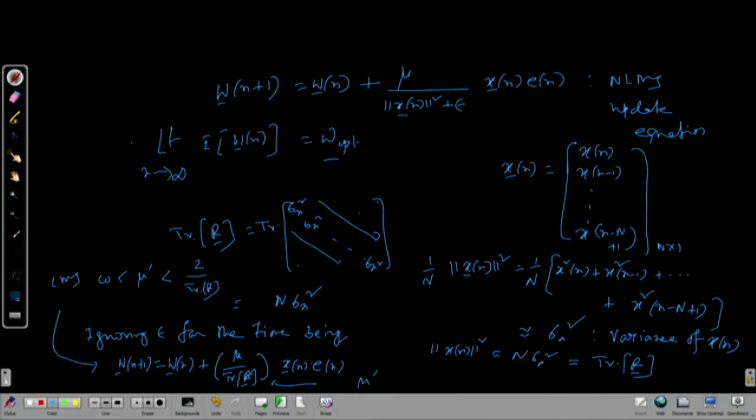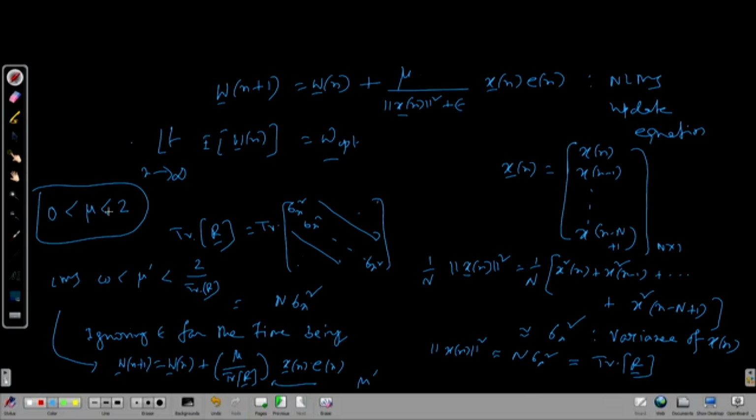But mu prime is mu by trace R. So, if you replace mu prime by mu by trace R, trace R cancels. So, you get this condition, there is a mu which you use here. So, this shows that if mu is chosen between 0 to 2, then this algorithm will converge in mean,